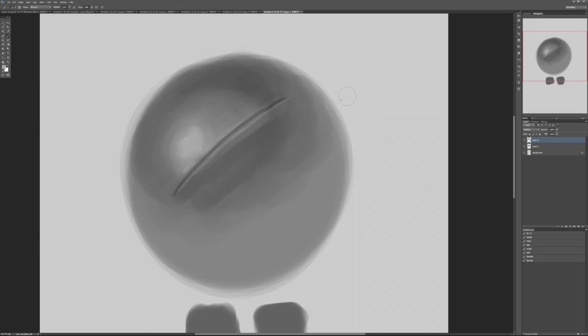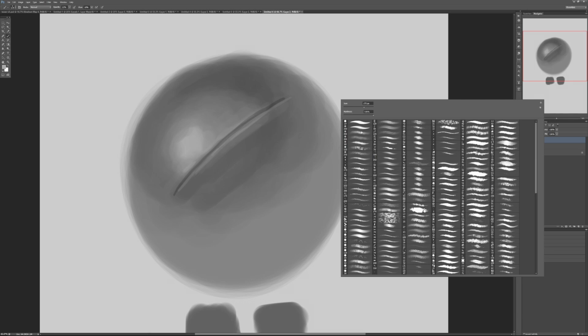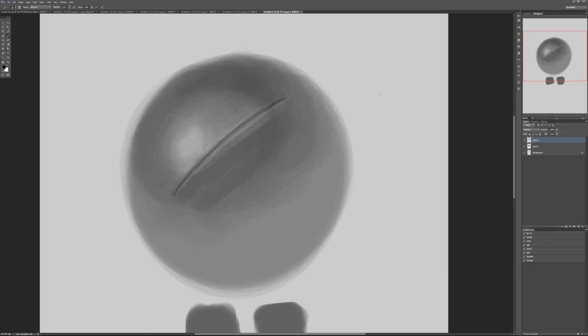Typically people go with something a little bit different. They go with a brush that's more like this, where the brush sensitivity or the pressure sensitivity causes it to be either lighter or darker. I don't like these kinds of brushes, not only because the size and shape of them are kind of static, but also because